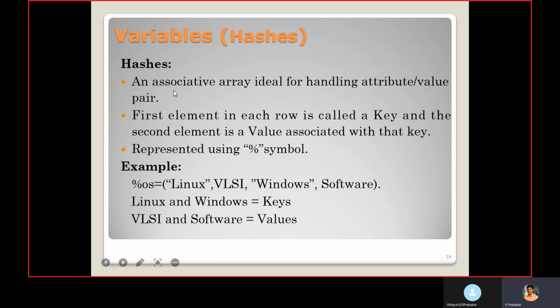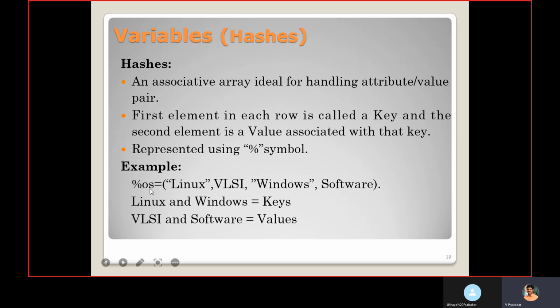Then another variable is hashes. Hashes are similar to an associative array. It handles attribute and value pairs. The first element in each row is called the key, and the second element is the value associated with that key. It is represented using this percentage symbol.